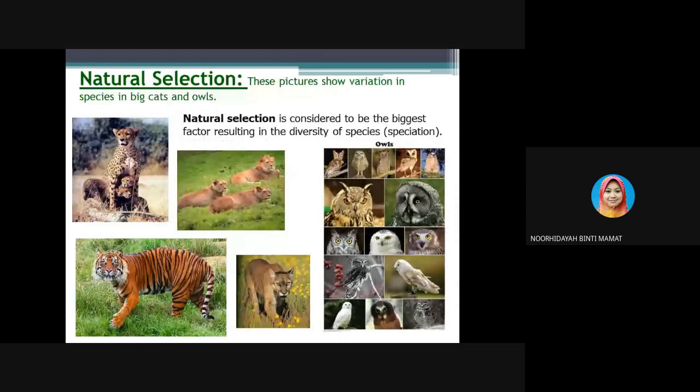So this picture shows the variation in the species of big cats. All of these we call the group of big cats and owls. Natural selection is considered to be the biggest factor resulting in the diversity of species, or we call it the